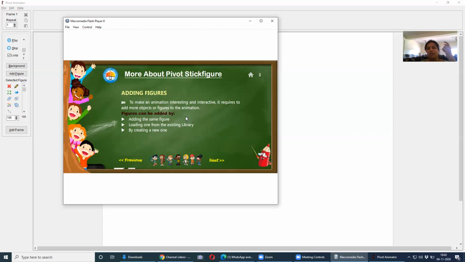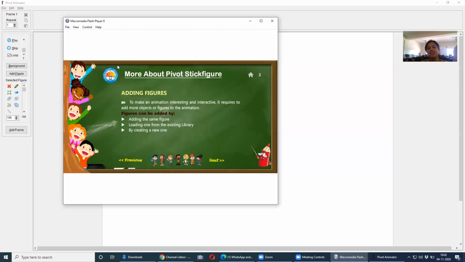Yes, I need another one, right? And if I don't have any object in my library, or where I have stored all the pictures, I have to create one for myself. There are three things: adding the same figure, loading it from the existing library, and creating a new one. Loading from the existing library means in Pivot Stick Figure we have one library.